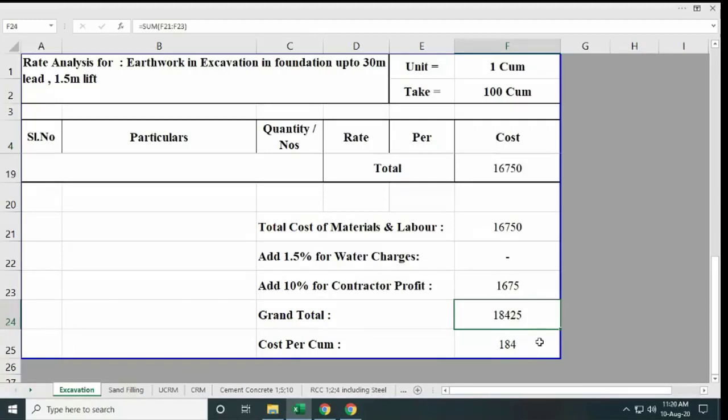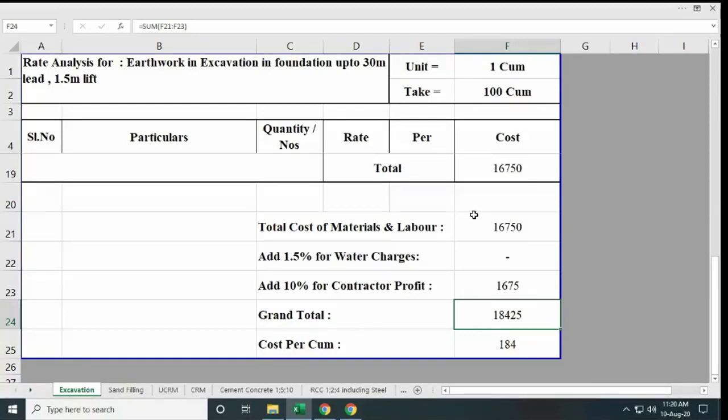seen, in the building estimation part, directly we used to write a certain rate. We used to do calculation of quantities. At the end, while preparing the abstract sheet, we used to write one rate, like 180 rupees, 200 rupees, 220 rupees and so on. On what basis did we calculate? So in this way, we are going to prepare a rate analysis and we will come to know what is the cost per cubic meter or cost per square meter of different items of work.